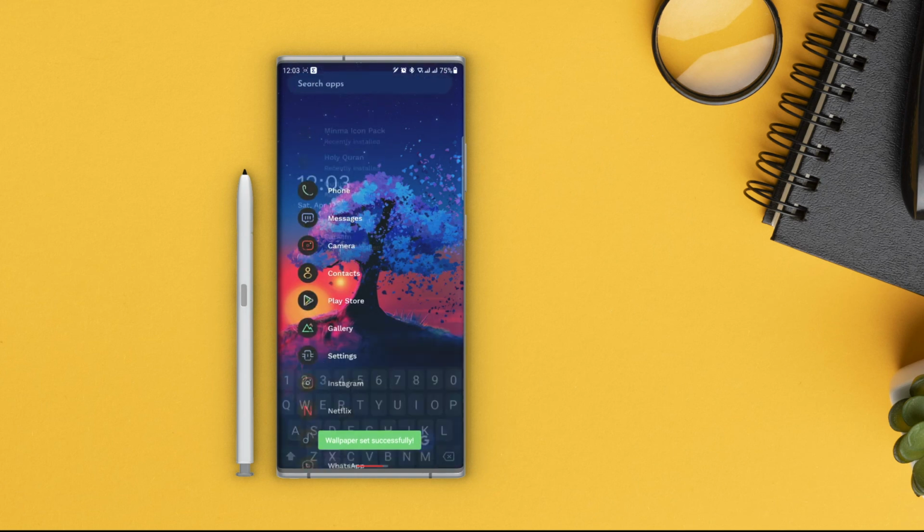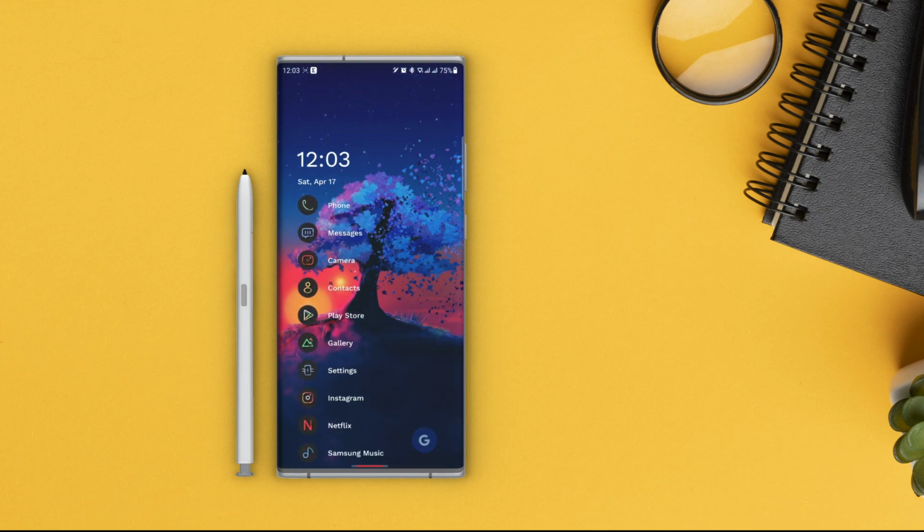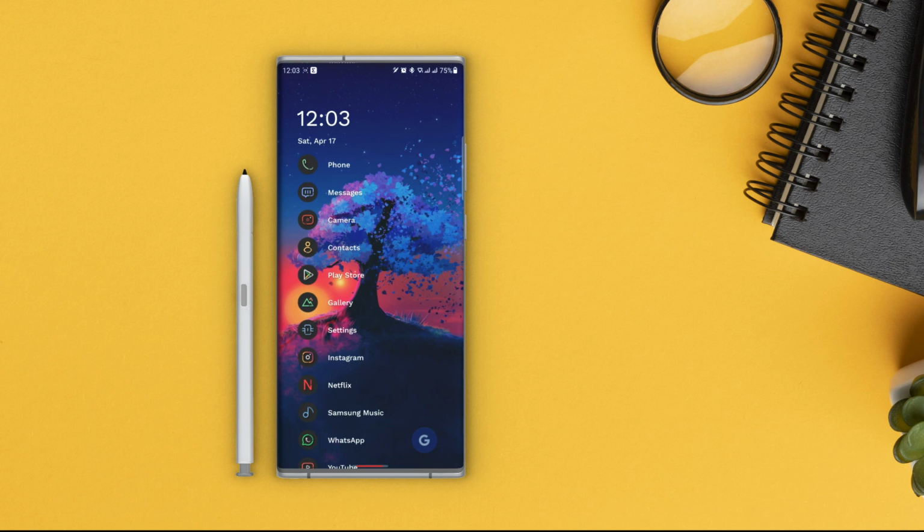And there you go, we have a really nice looking wallpaper, although I would recommend changing the icon pack. Other than that, this looks pretty good.